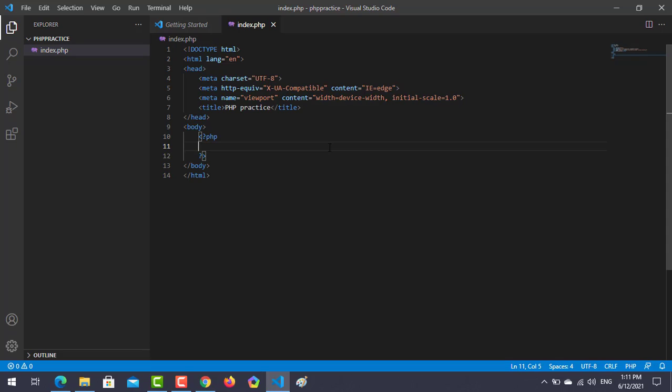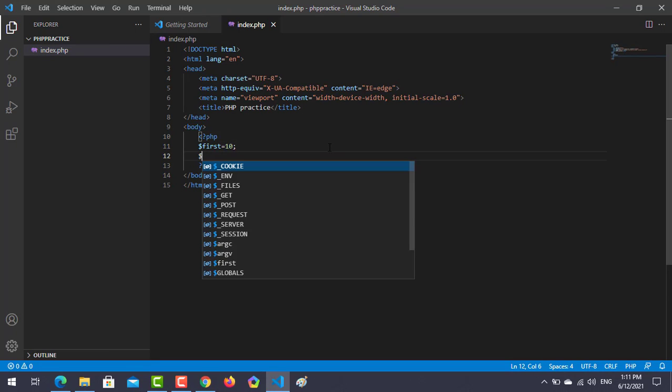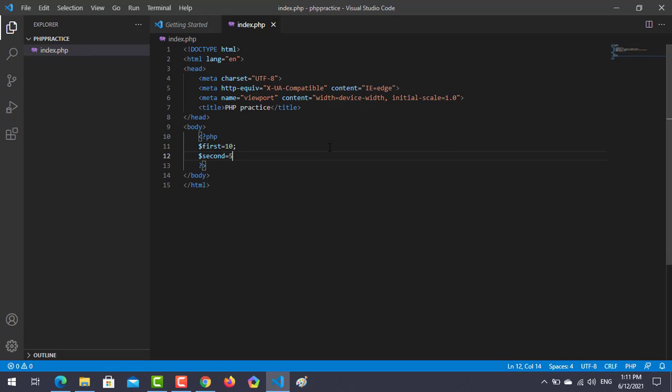So if we declare a variable named first and assign a value 10 to it, and in the same way we initialize a variable second with a value 5, and as a result we are considering it as 0, because in PHP you have to initialize, you can't just declare, because variables initially have no data type attached.